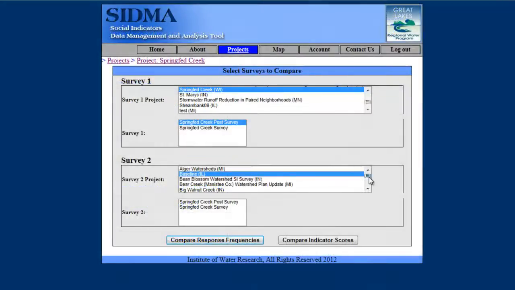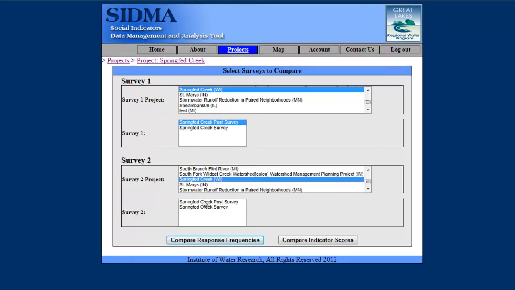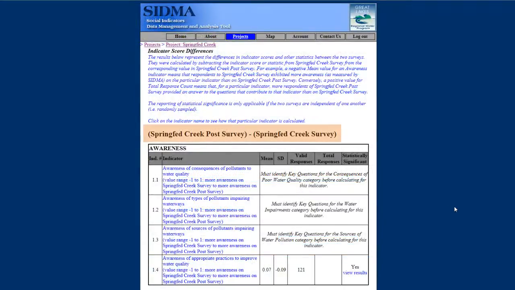So far, we've covered how to compare two surveys in terms of the response frequencies and statistics for individual questions. Now let's take a look at differences in indicator scores. Let's select our pre- and post-Spring-Fed Creek surveys again and click on Compare Indicator Scores. The process in calculating the indicator differences is essentially the same as with the response frequency differences. SIDMA calculates the indicators for Survey 1, then for Survey 2, subtracts the values of Survey 2 from Survey 1,